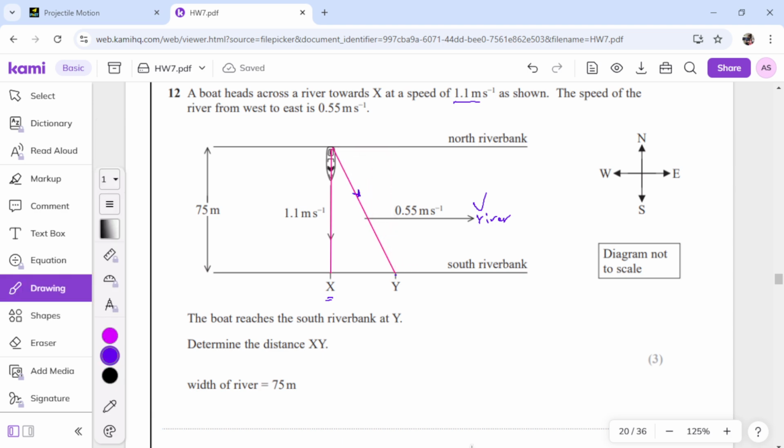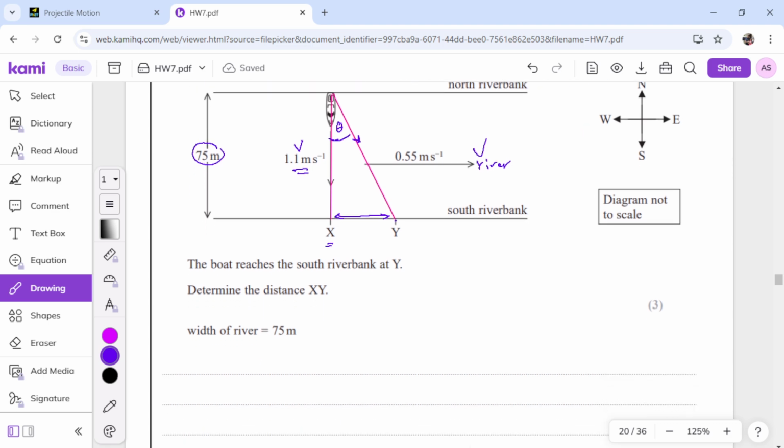Now determine the distance XY. He asked about this distance XY. The width of the river is 75 meters. First we can find this angle theta using what? Using the vertical speed and horizontal speed. So we will use tan theta